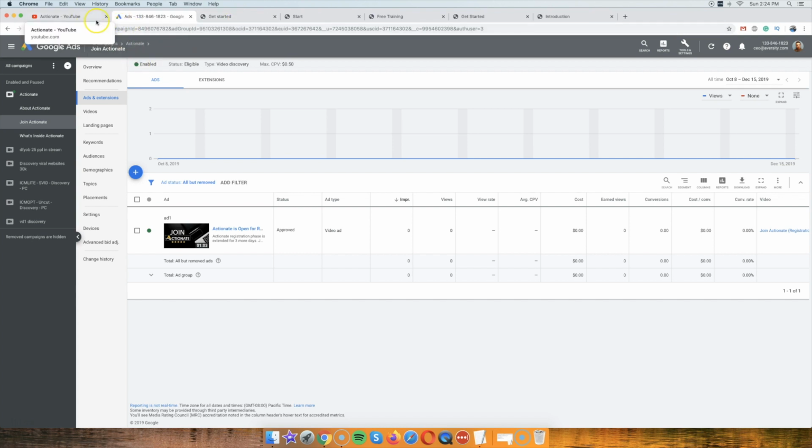Now, the second strategy I want to share with you is my Google ads. Now the thing is, again, because it's on the same platform, I just want to show you the funnel. So that's my second traffic source, Google advertising, Google pay-per-click advertising. That's to be specific about it.